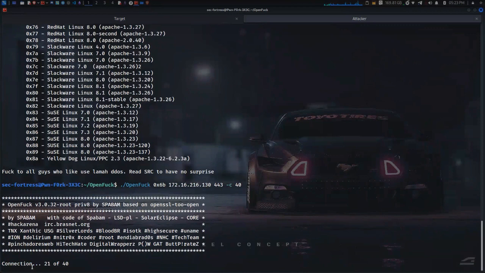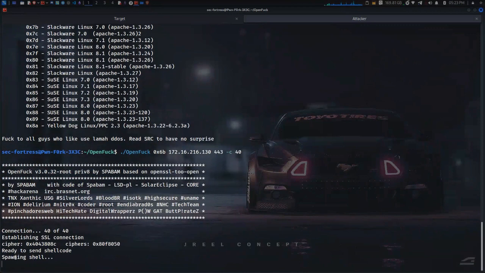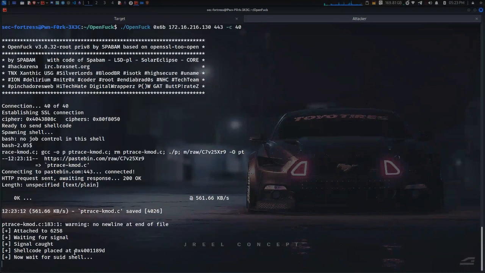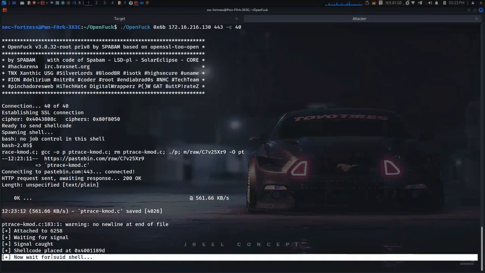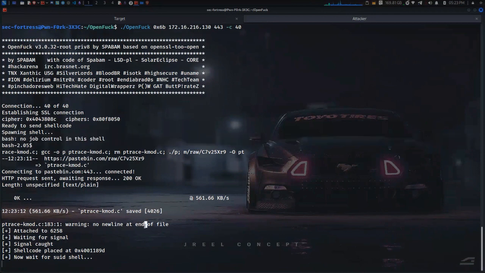You can see connection established, establishing SSL connection, spawning shell, code placed, now waits for the shell. No job control in this process. Waiting for the signal, shellcode placed,